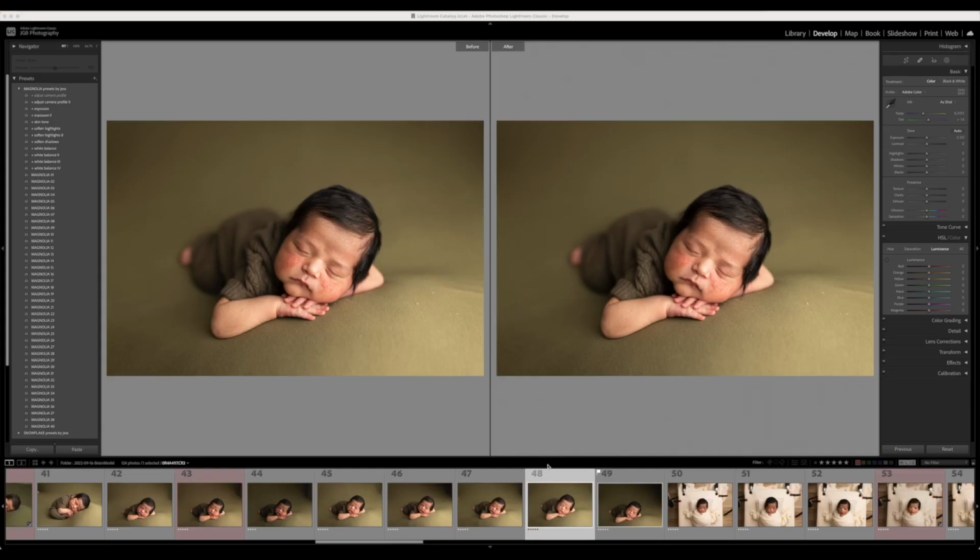Jess from Presets and Actions by Jessica G Photography, and today I'm going to be editing this image, and I'm going to be using the Magnolia presets, Baby Butter, and Finishing Touch Actions,